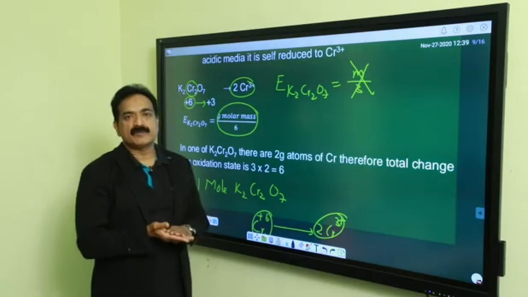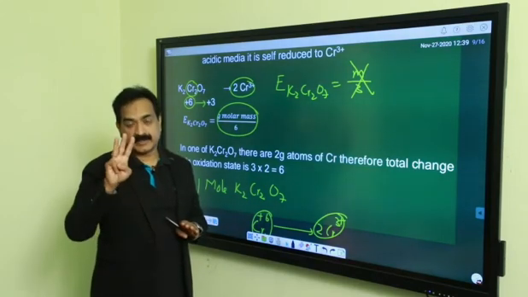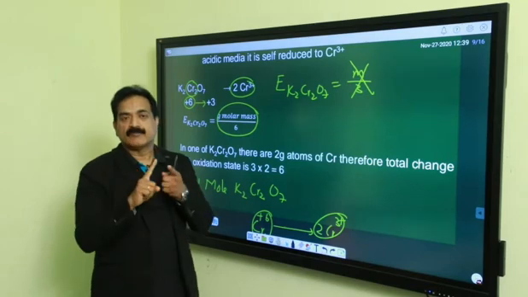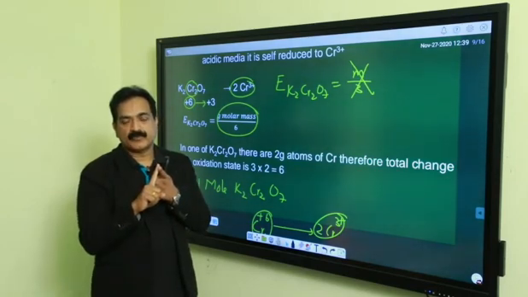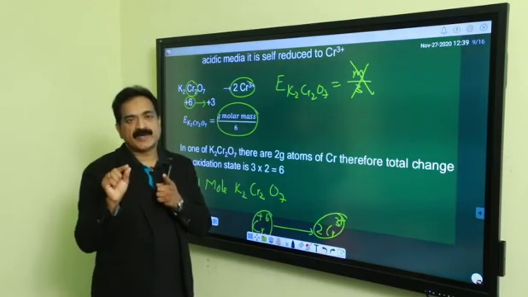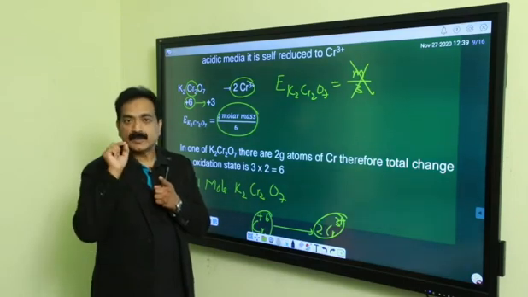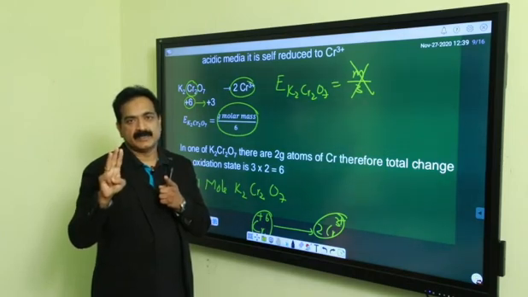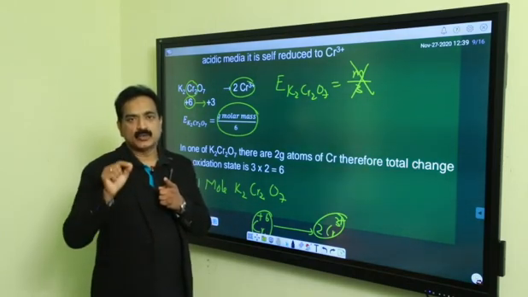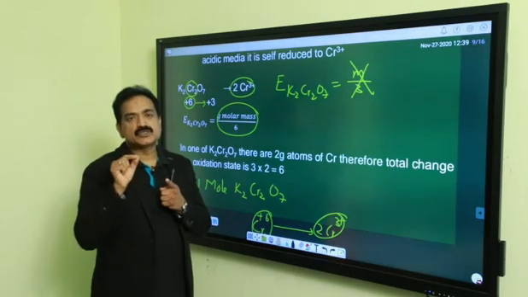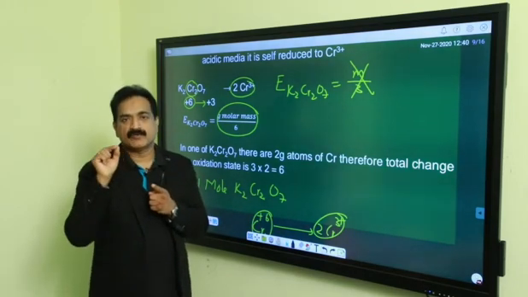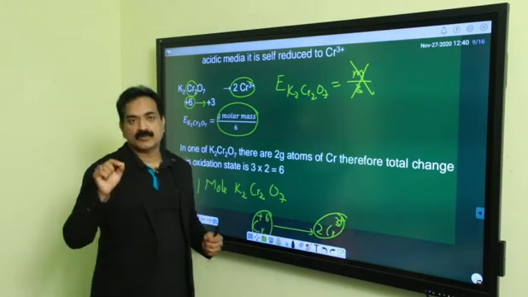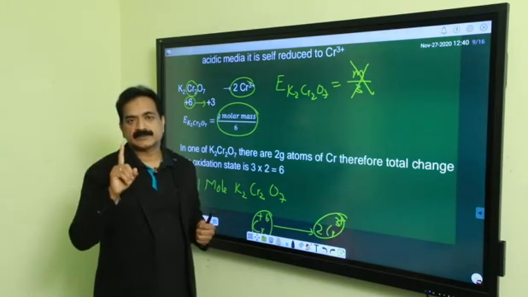For KMnO4, three different cases are there. First, in acidic media, KMnO4 is reduced to Mn2+, so the change is 5, M by 5, valence factor 5. In neutral or basic media, it is reduced to MnO2, so M by 3. Whereas in strongly basic media, KMnO4 is reduced to K2MnO4, where the change in oxidation state is 1,